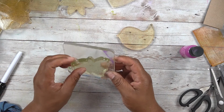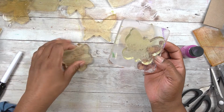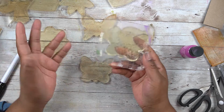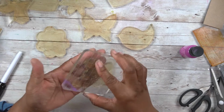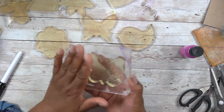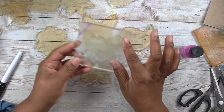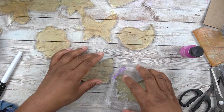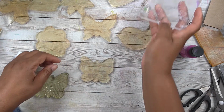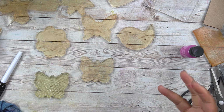Okay, now we have all of our little gel plates here, and how do you use them? Well, the easiest way I found is to mount them to something. This one is just stuck on an acrylic block, and you put paint on it and use it to stamp. Acrylic blocks are nice because they're clear, so you can see where you're stamping. Another way to mount these, which isn't clear like an acrylic block, but is a DIY solution,